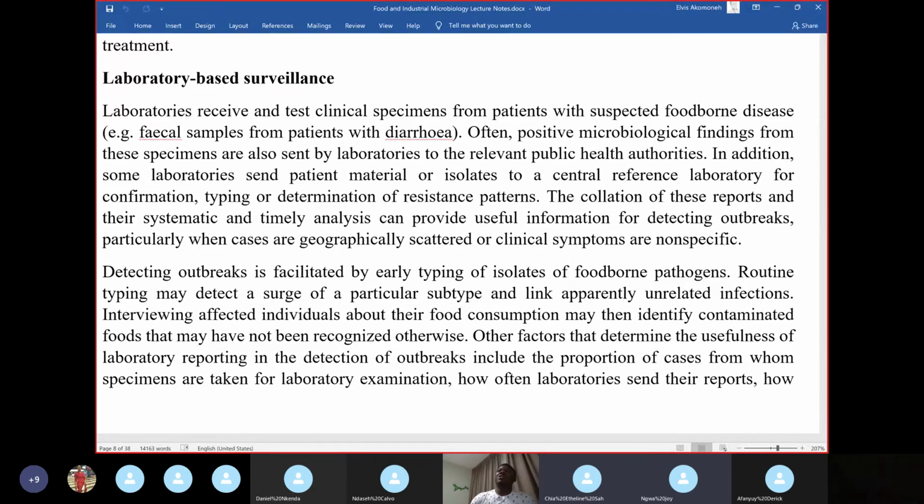That's what we call laboratory surveillance. There are 2 types of surveillance systems that exist in laboratories in Cameroon. We have what we call passive surveillance and we have what we call active surveillance. As I indicated, weekly, you will report data to the